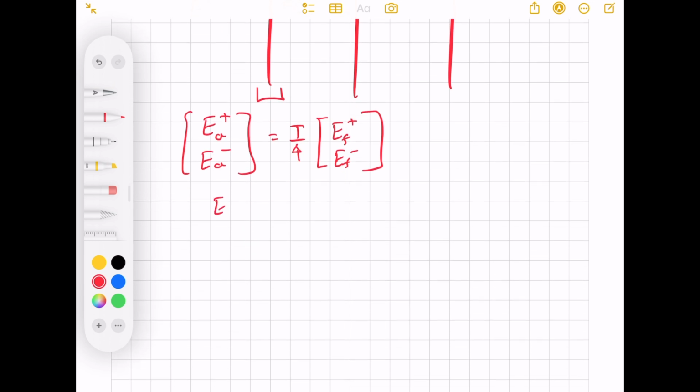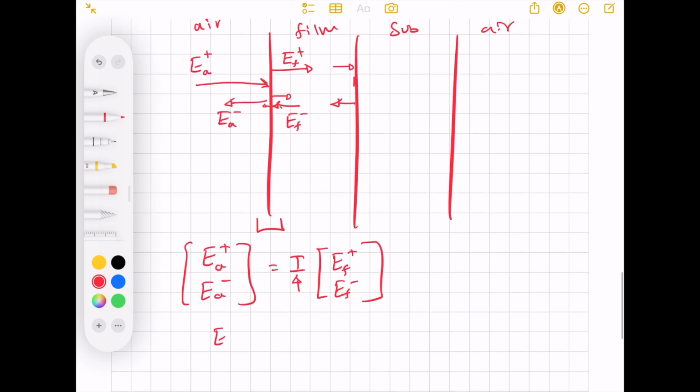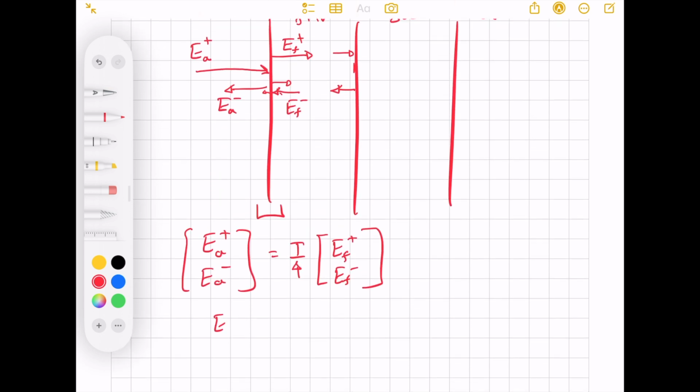If you can write a function for E F plus, the transmitted light, E F plus is going to be some transmission coefficient that we get from the Fresnel equations multiplied by E A plus, so how much of this gets transmitted, and then plus,